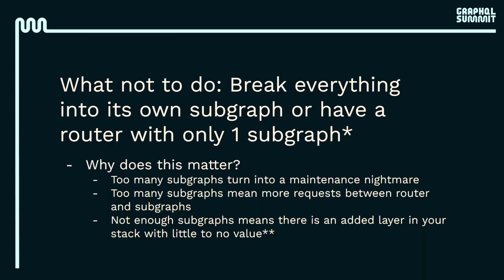And again, why does this matter? The reason that over-federating and under-federating is a bad thing, specifically on over-federating, is you become a maintenance nightmare. You have to keep up so many subgraphs and so many version changes that you're going to have trouble adding to your graph and evolving that graph over time. And the other thing we hit on a little bit, if you have a ton of subgraphs, you have so many chatty graphs back and forth because they're only contributing one or two fields. And then it has to call to another one to get the other two fields, and the other one, and the other one. And you just become very chatty for not a lot of benefit.